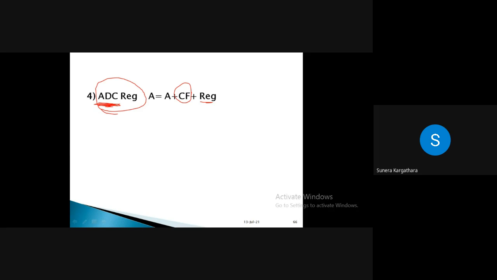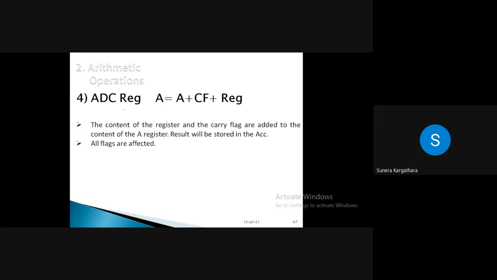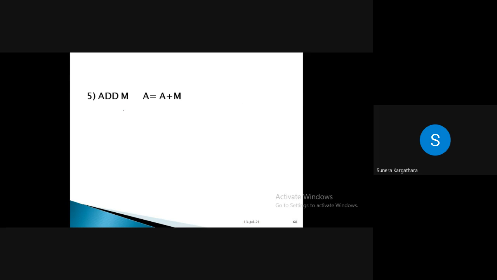Right? So always we need to consider ADC at that time. Yes or no, student? Are you getting this? Yes, ma'am. Okay. So the application of this kind of instruction is always there whenever you are dealing with 16-bit operation with 8-bit processor, right? Obviously, as an operand we are mentioning register, so it will use register addressing and it will occupy only 1 byte of memory, so it is a 1 byte instruction.